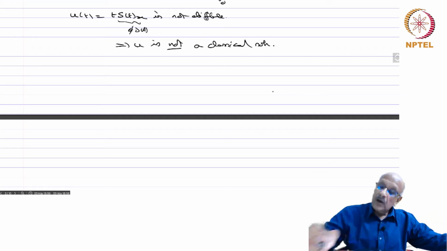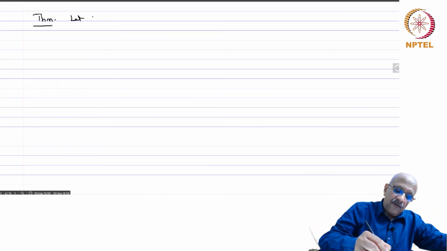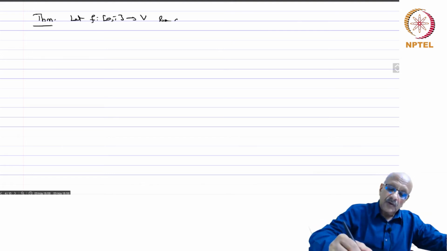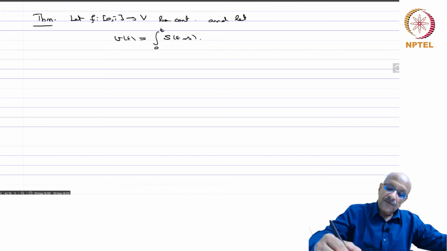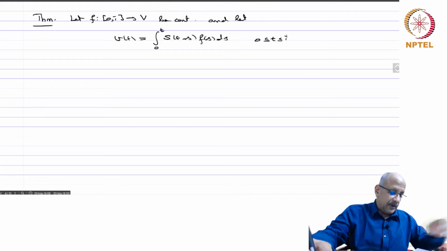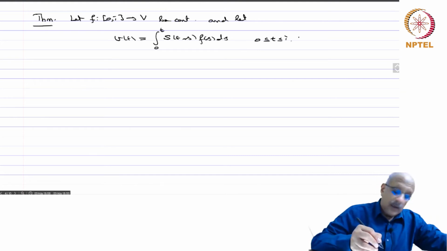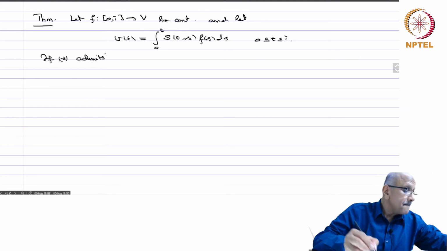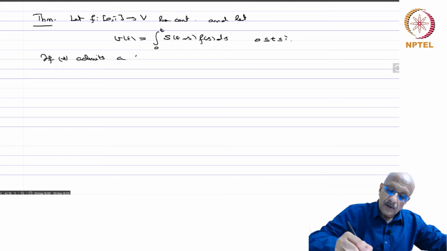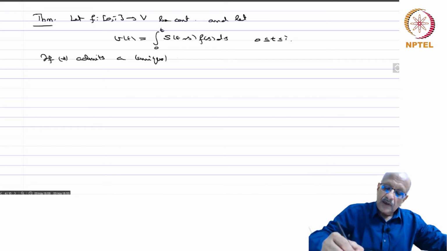So we now have the following theorem. Let f from 0 to T to X be continuous, and let v of t equal to integral 0 to t S(t minus s) f(s) ds, for 0 less than or equal to t less than or equal to capital T. Okay. If star admits a classical, a unique classical solution,